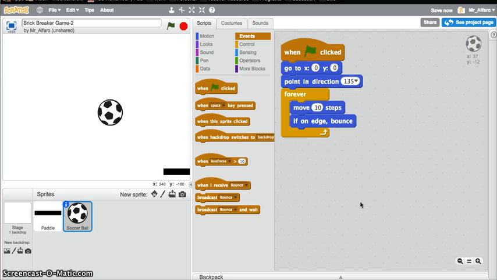So we're going to now go to the soccer ball. And on the soccer ball, we're going to explain what this object should do when it receives the message bounce. So let's go to when I receive bounce. And actually, we're going to pause the video here because it lets me do 15 minutes, and part